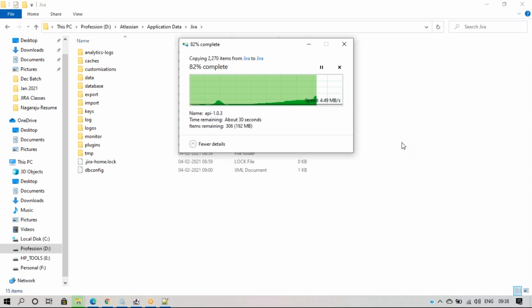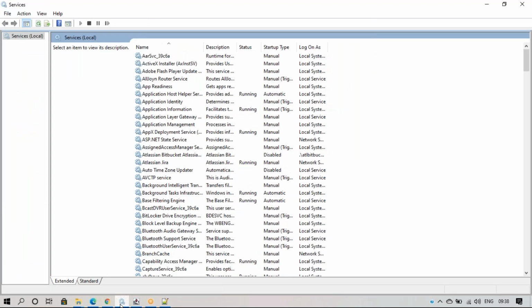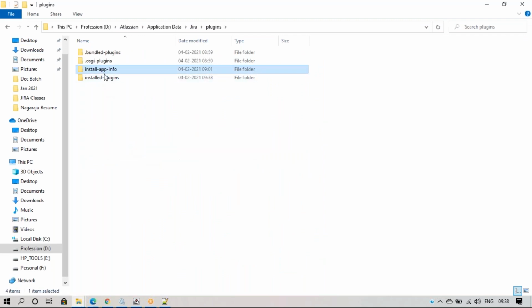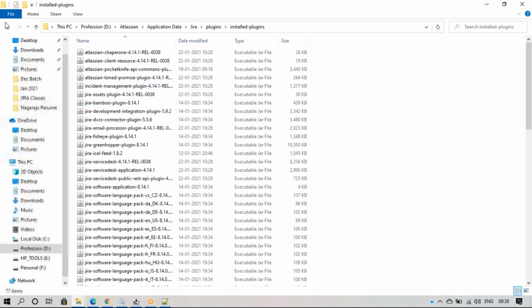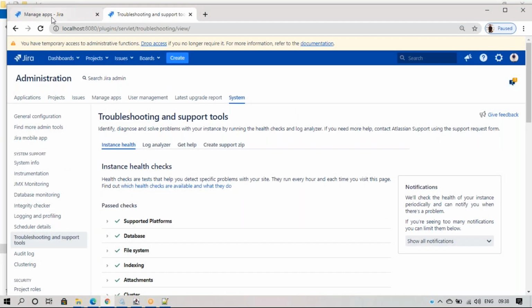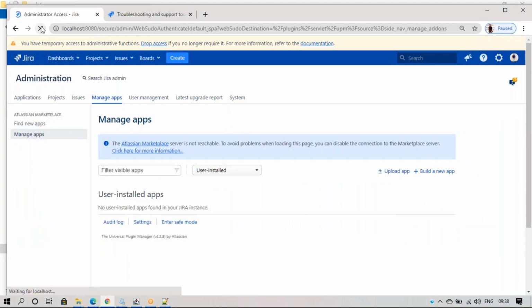So plugins, I think it's done. It is a deep folder, I have installed plugins. Okay, so many things are there, but I moved all the data into the target instance, and I will verify here now. Suppose maybe manage apps.